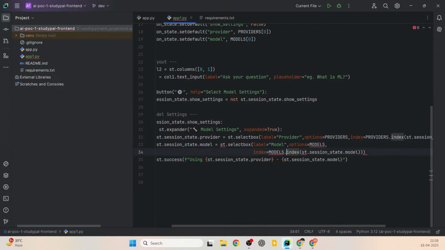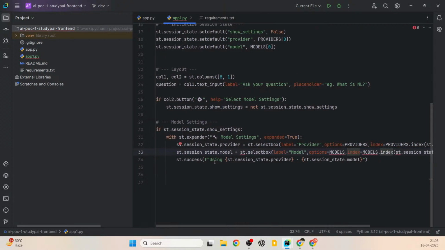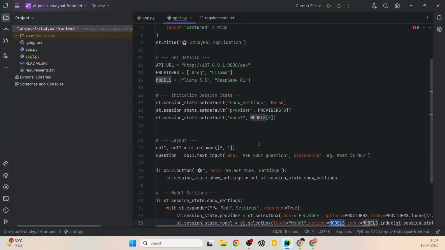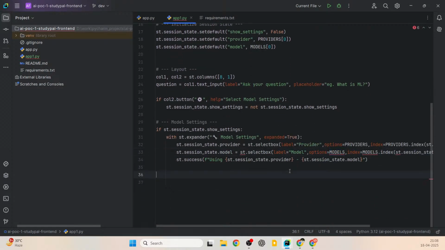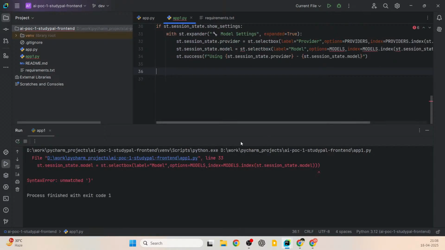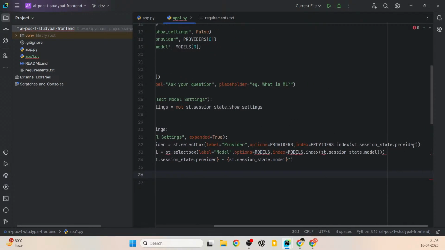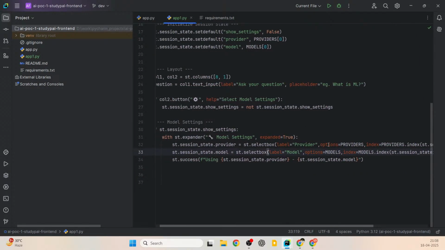So we have options as models, index as models, and so on. For some reason, the variables are not getting recognized. I have no idea why this is happening. Let's see. Okay, yeah, I already added this down, so it should, because of this extra parenthesis that we, okay,